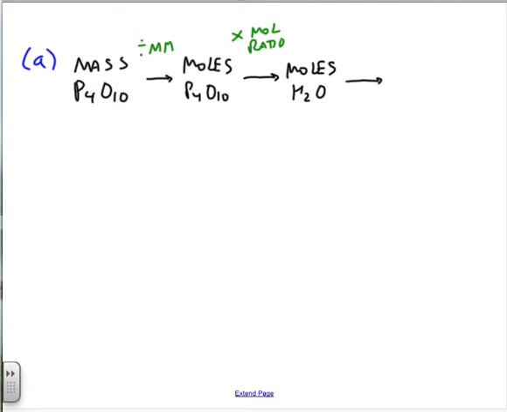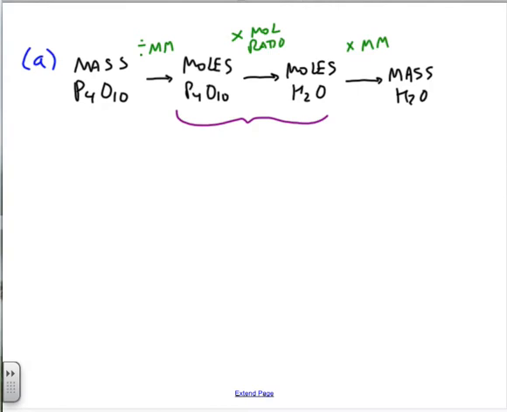So I simply need to convert from moles of water to mass of water by multiplying by the molar mass of water. Every stoichiometry problem has, at its heart, a mole-to-mole conversion using a mole ratio. The only difference here is that we do a gram-to-mole conversion at the beginning and a mole-to-gram conversion at the end. I'm going to set this up as a single calculation because I think that's the most efficient way to